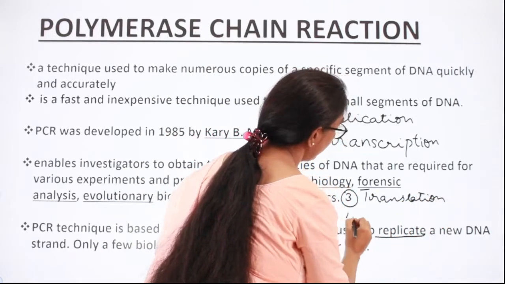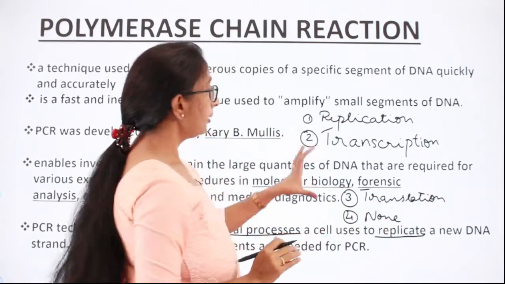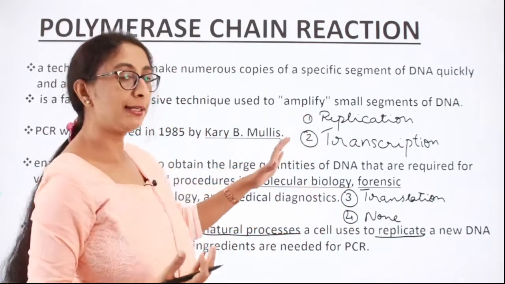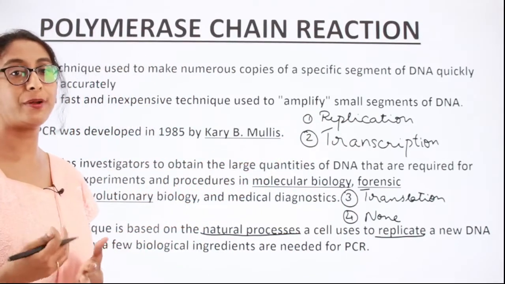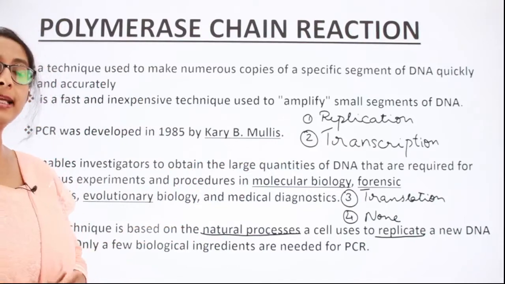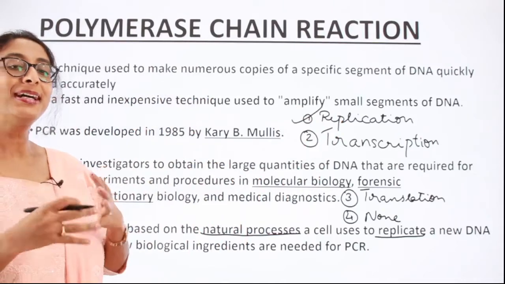And the fourth option can be none of the above. Okay, so when you get a question like this, on what natural process is the polymerase chain reaction based, what will be the right answer? The right answer will be replication. Okay, so please keep in mind,